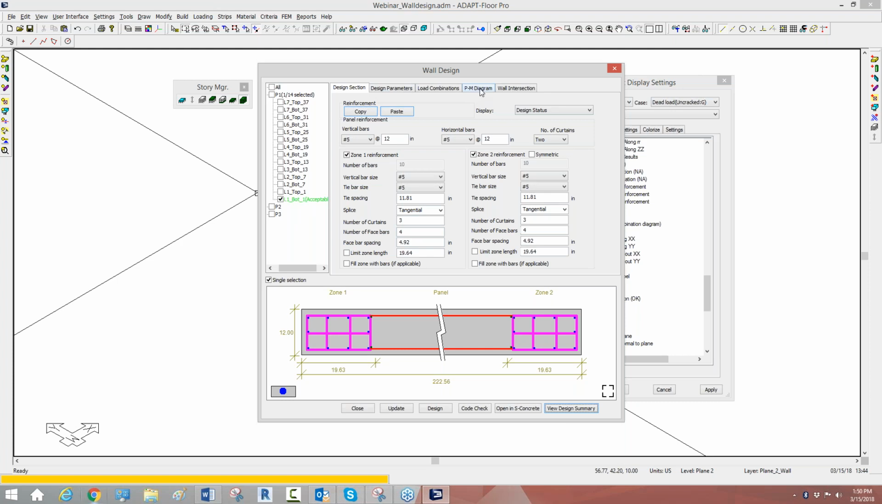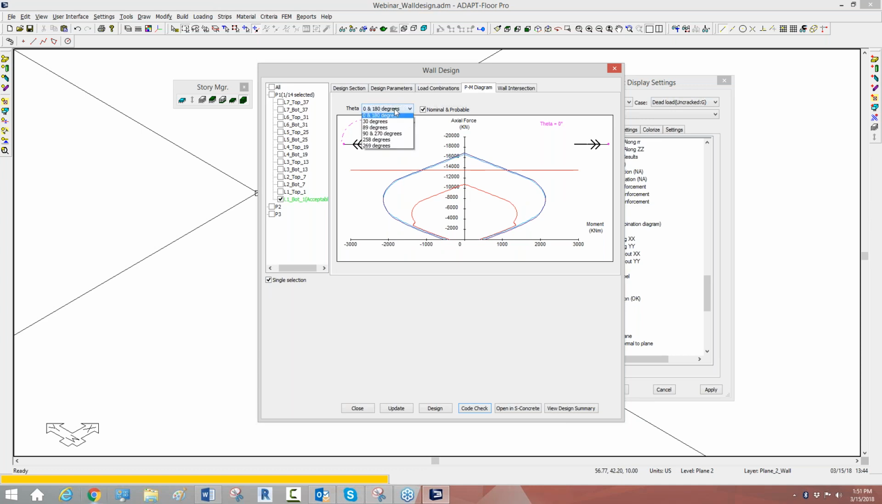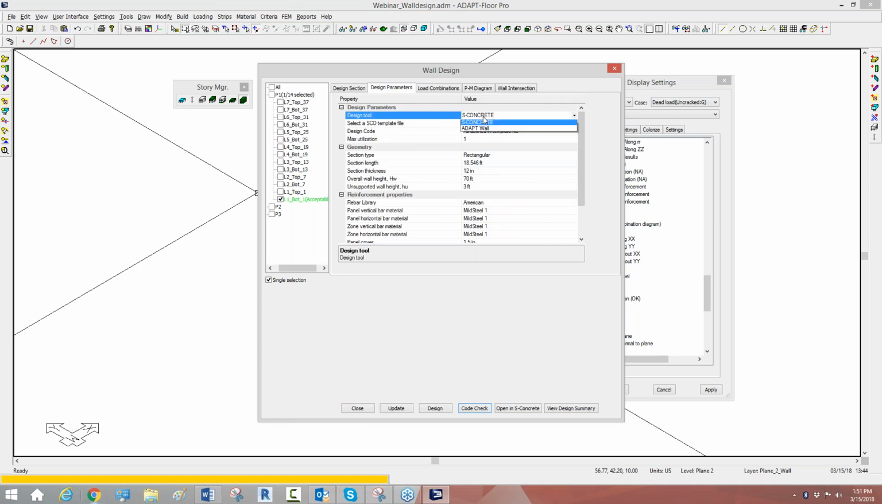But this is one particular section, again, that has been designed. If we go to PM diagram now, we have this interaction diagram for moment axial, and I can show it, let me see, the nominal and probable graphs. I'm looking to see for wall designer, and this has different theta angles that you can change for the orientation of the wall. If you go and use Adapt Wall Designer instead of